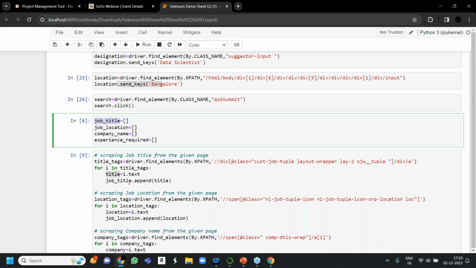So how will I transfer my content from the previous variable to the empty list? Using the append function. So title append means all the data, whatever was inside title, will be transferred to the job title list. Am I clear, everyone?